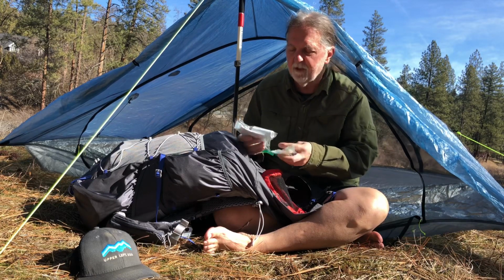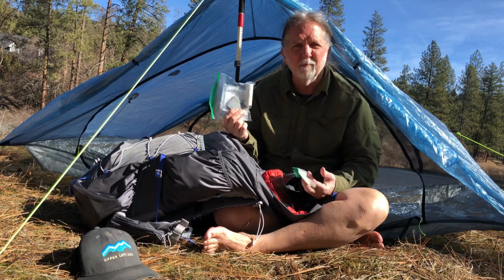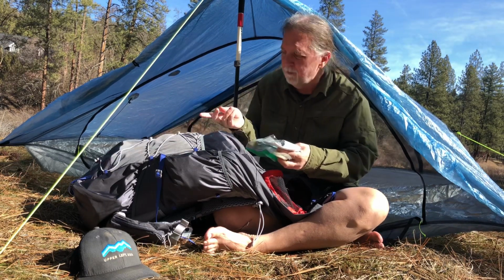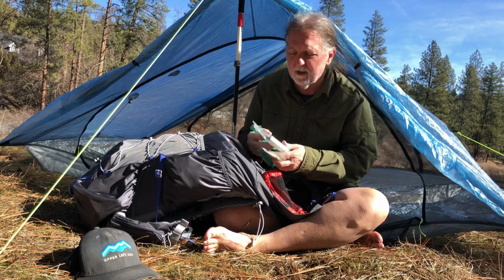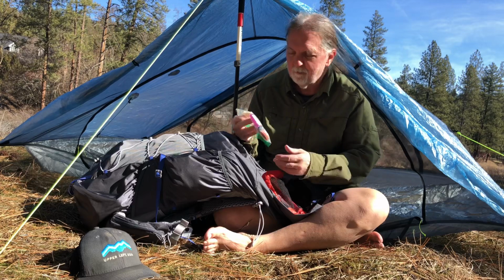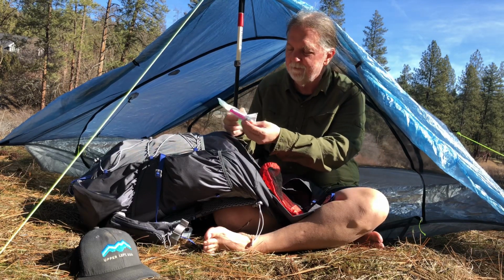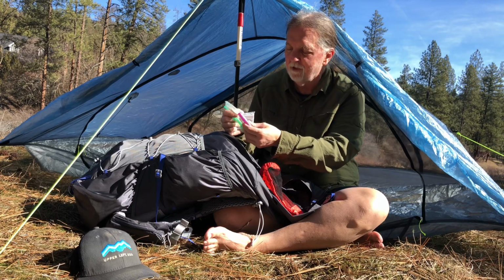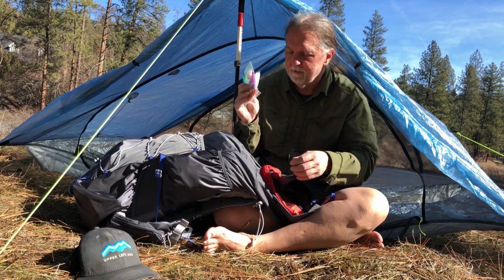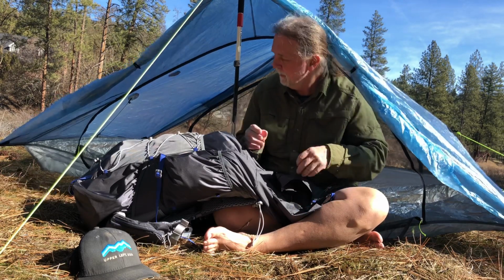Also have in here my little repair kits for my air mattress, my tent, and my bag, which I've already done once with my pack, so I've got that. Probably don't need this, but I've even got a little bit of survival items, you know, fire starter, extra lighter, a little bit of rope, emergency blanket. You just don't know. So anyway,